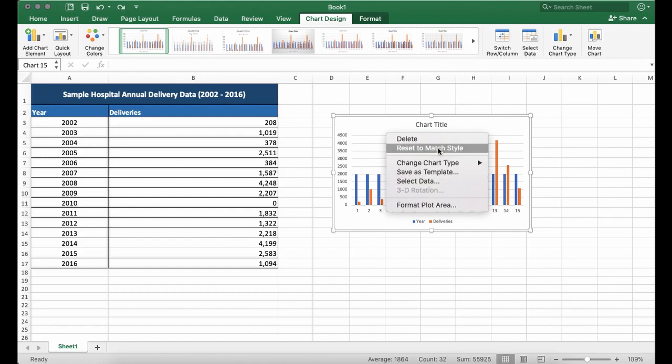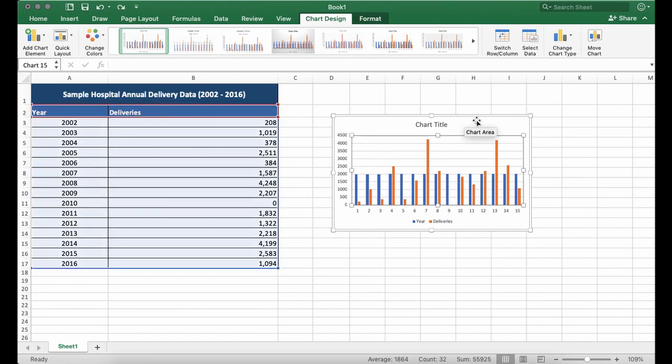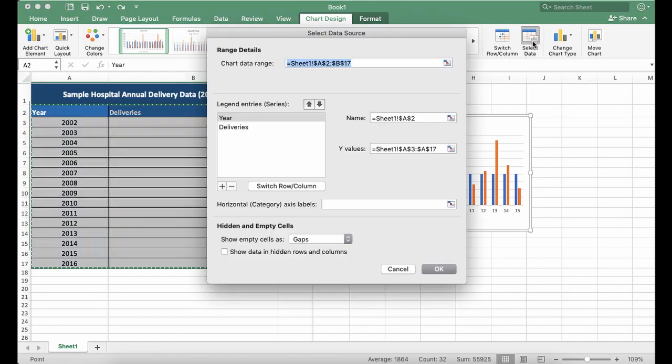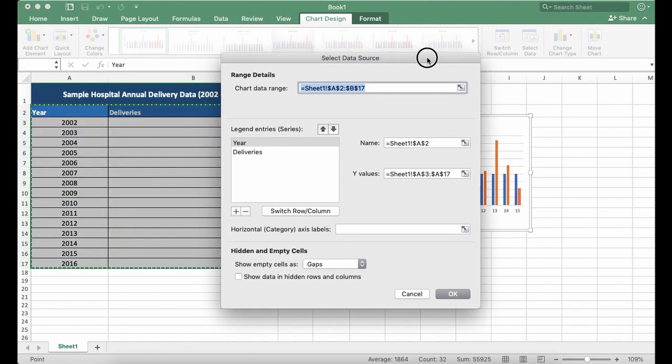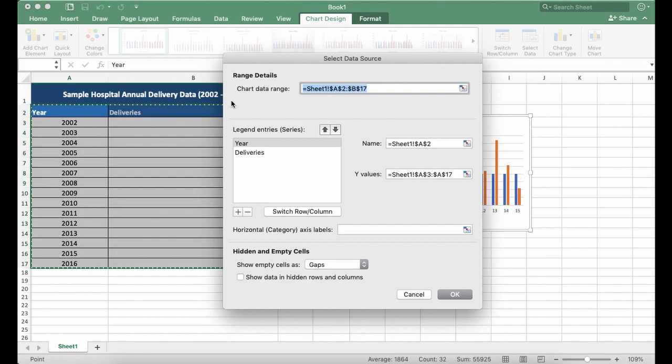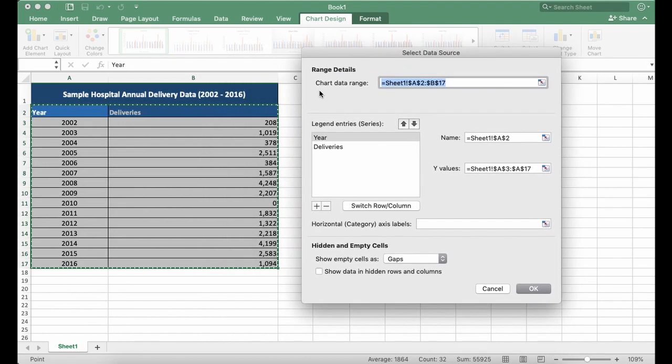Whichever one you do is going to take you to the same location. So I'm going to select our chart and then click on select data. This is going to open up a dialog window where you can adjust the data. The chart data range just shows the range of the data that we just selected,